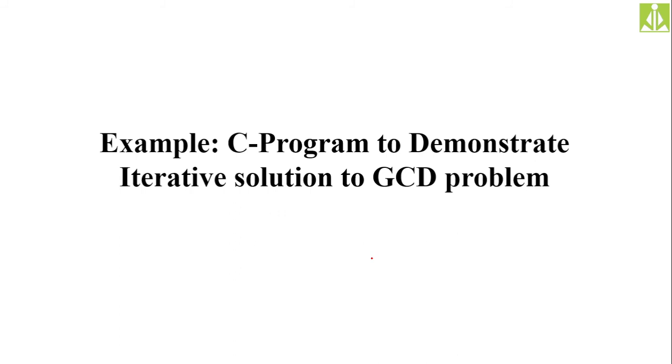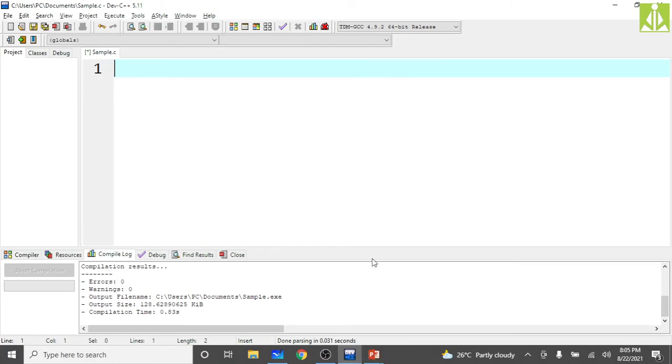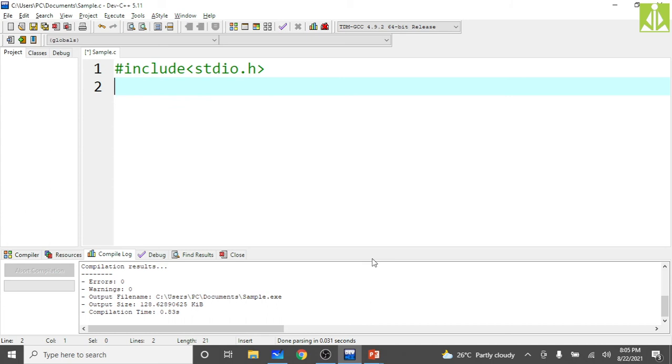Okay, so just go to the compiler. Here you start writing the code. Then next thing, int main of void.